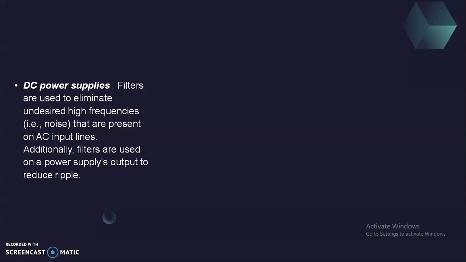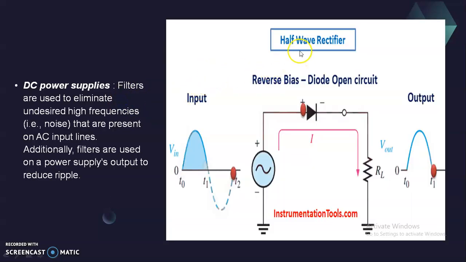To give a gist of the process, I will use the animation of this half-wave rectifier. During the positive half cycle, the diode allows the current to be passed and we get a voltage across the load. And during the negative half cycle, the diode blocks the current, so there is no output across the load. So in this case, the diode acts as a filter unit.